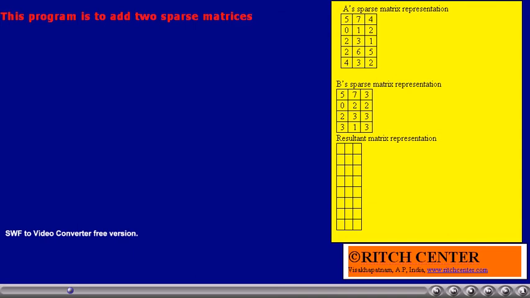First, we compare the row index of the first meaningful element of matrix A with the first element of the sparse matrix representation B. Here, for example, 0, 1 whereas in this one, 0, 2. 0, 1 is the one that comes first in the resultant matrix. That is the reason why 0, 1, 2 is copied first. Otherwise, 0, 2, 2 would be copied. Like this, the logic works.